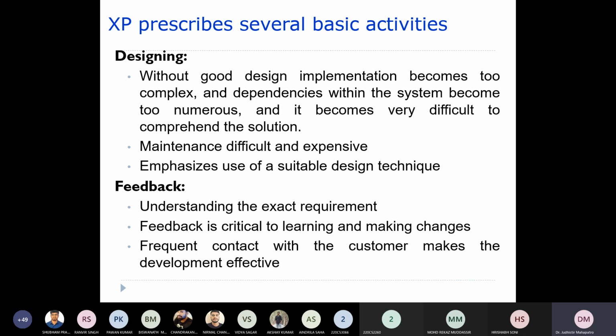If these modules are too dependent on each other, it is very difficult for us to understand the solution, and it will also be very difficult during maintenance. You can think of it like this: there are modules A, B, C, and they are dependent on each other.